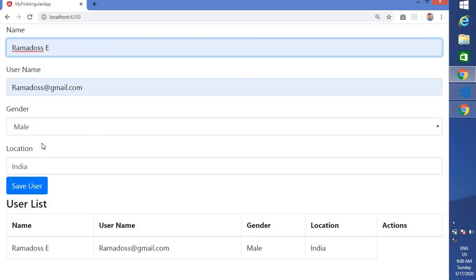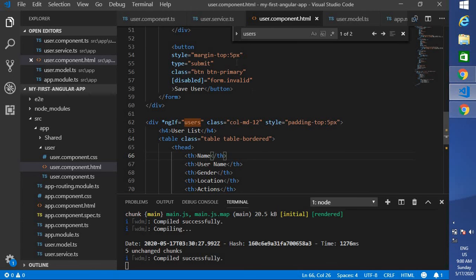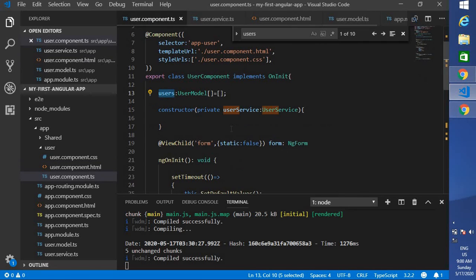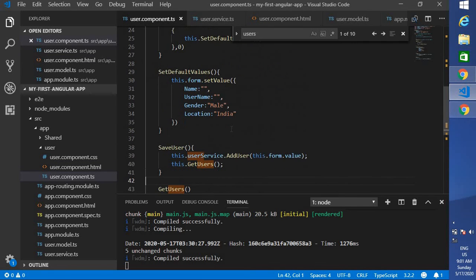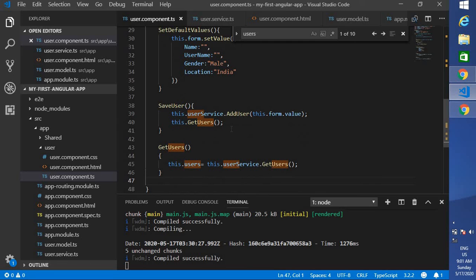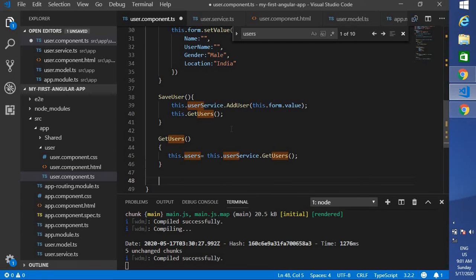Once you've saved it, you want to make this particular form empty, right? Because it should not retain the same value. So how can we reset a particular form? Let's come here. Let me create one more method called resetForm.